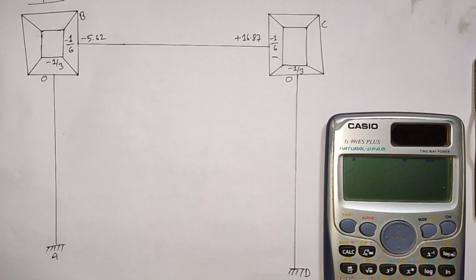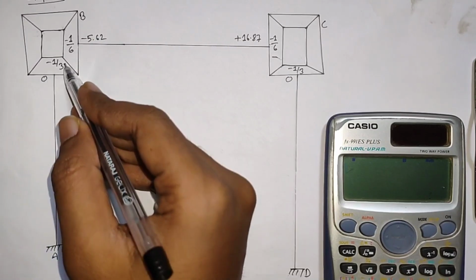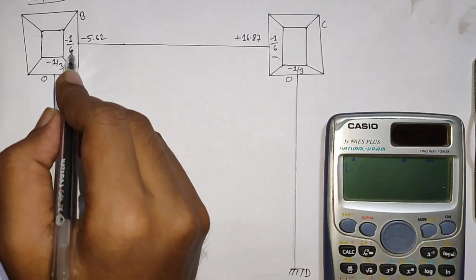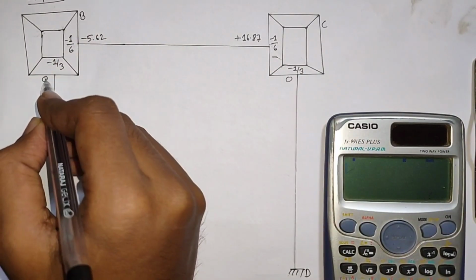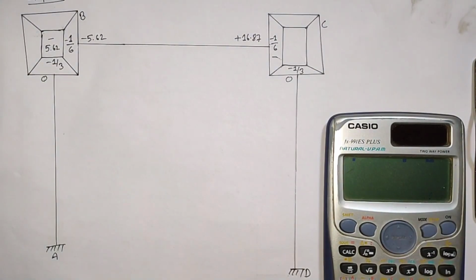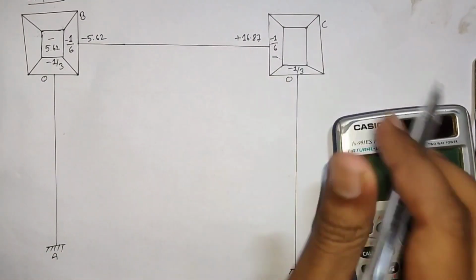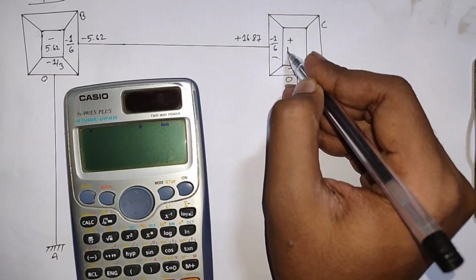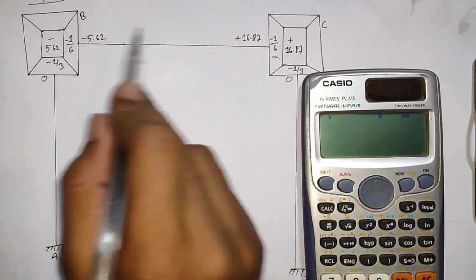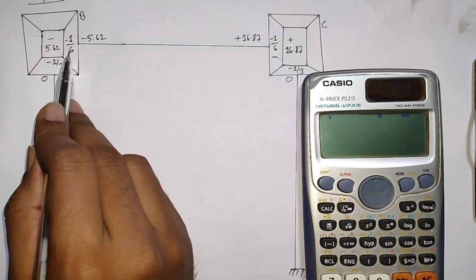So in step 5, what we need to do is add these two values. This is the fixed moment for span BA, and this value is the fixed moment of span BC at point B. So add these two values. On adding this, we will get minus 5.62 kilonewton. Now add these two numbers, 16.87 plus 0, then it will be equal to plus 16.87. Now after filling this central portion, what we need to do is multiply 5.62 by 1 by 6.